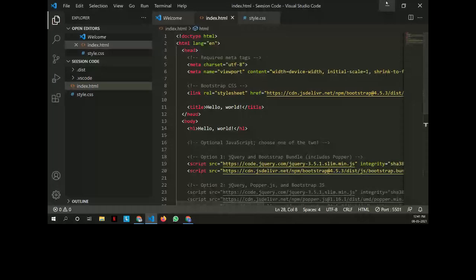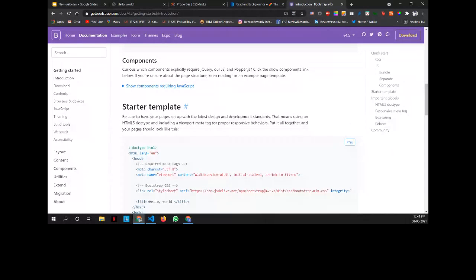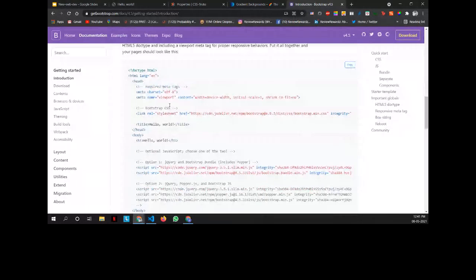If you have done this much, adding the starter template to the index.html, then write something in the chat that you have reached this point where you have taken the starter template and copy pasted it on Visual Studio.